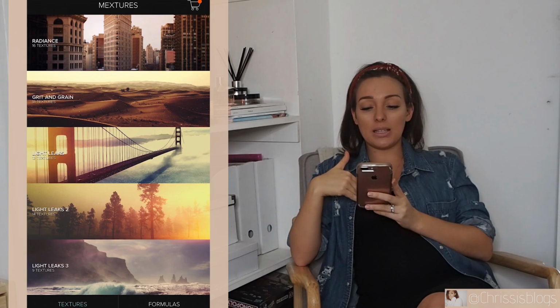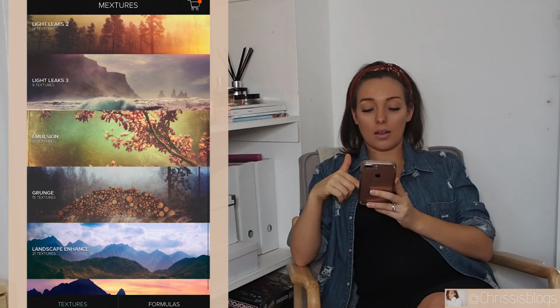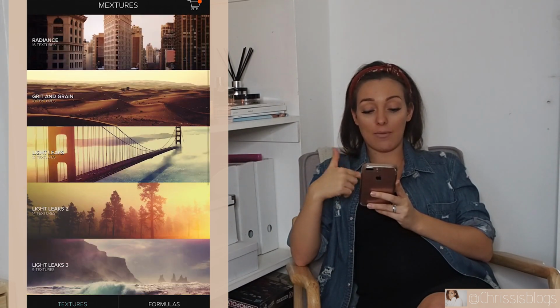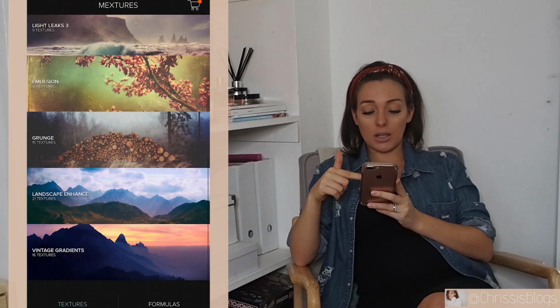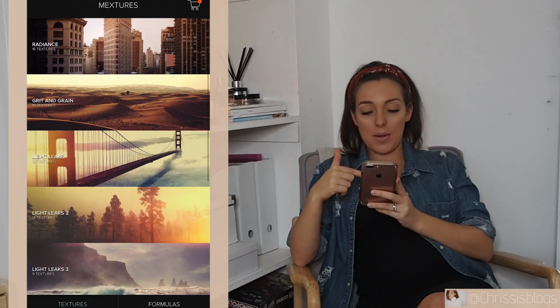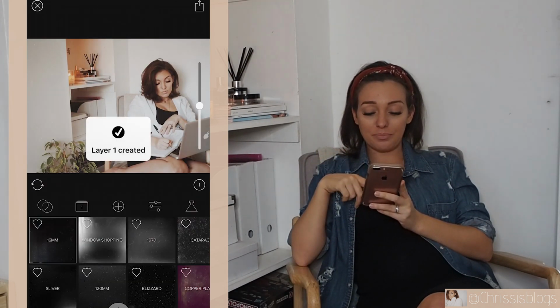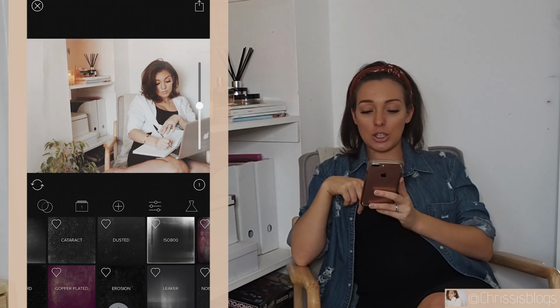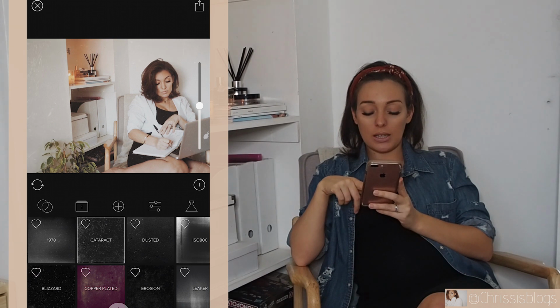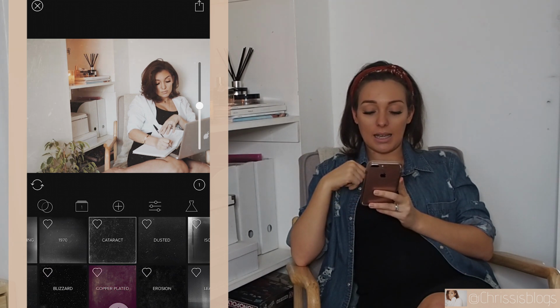And then it has all these different features that you can use. So you have light leaks, grit and grain, emulsion, just so many. I love a bit of grit and grain, and as you can see, you can just put a little bit of texture, as much as you want, onto these photos. So let's say this cataract one, and what you can do is you can press this,